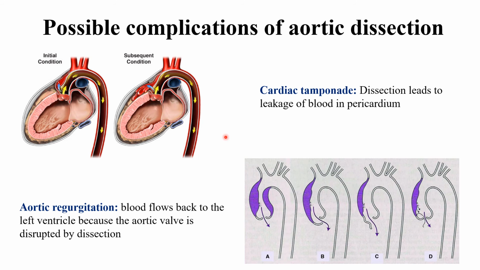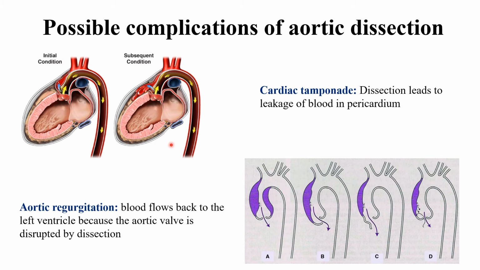With that idea, here are some possible complications of aortic dissection. The most fatal one is cardiac tamponade, where the dissection leads to a leakage of blood into the pericardium. As I mentioned in the previous slide, the false lumen can escape into nearby regions, such as the pericardium. The pericardium is a membrane that surrounds the heart, holds it in place and helps it work normally. So if there's an accumulation of blood within this membrane, the heart cannot pump blood sufficiently anymore. That can lead to heart failure, which is very fatal because